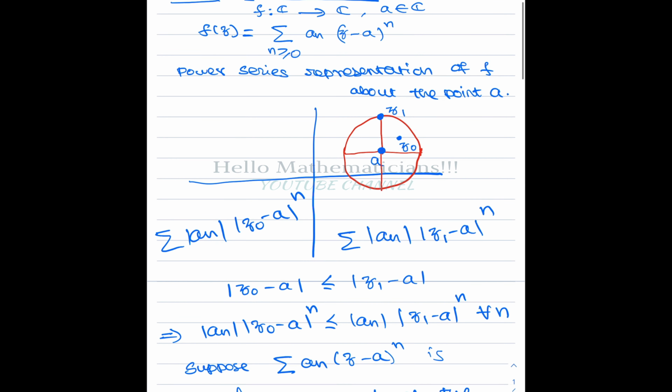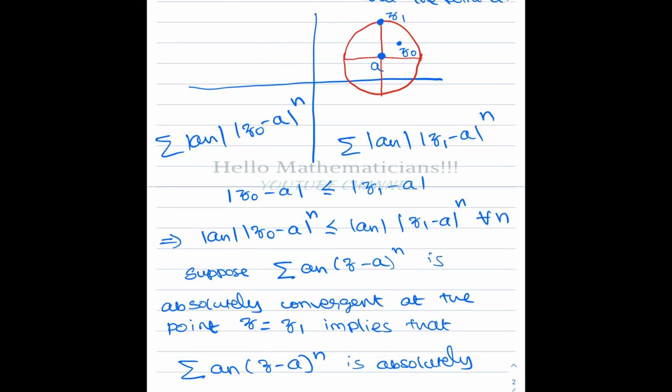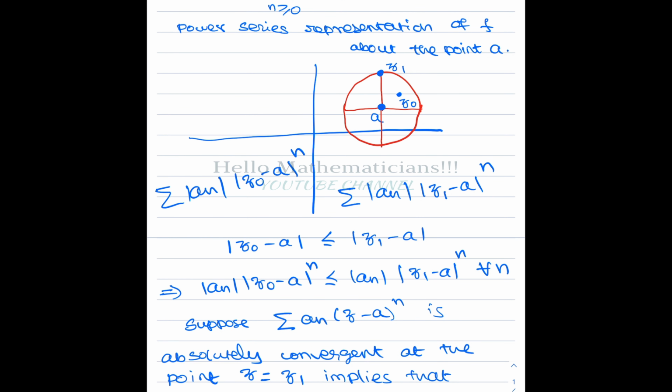If I take a point outside here, I don't know, it might converge here, diverge here, I don't know. But once at one point the series is convergent, then at any point inside the corresponding disk, the series will be convergent. So that is why this is called the region of convergence or disk of convergence. Somehow the points where the power series converges take the shape of a disk because of this.